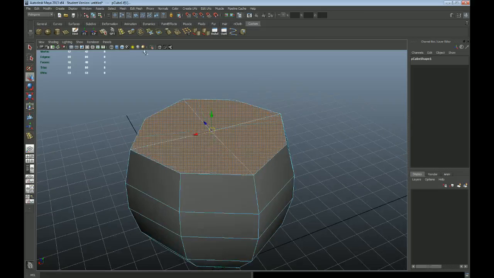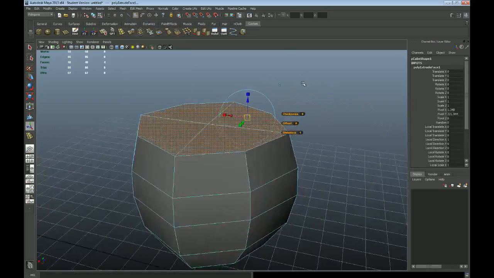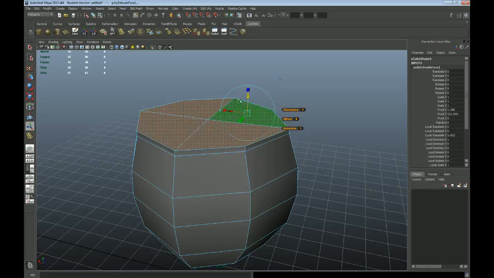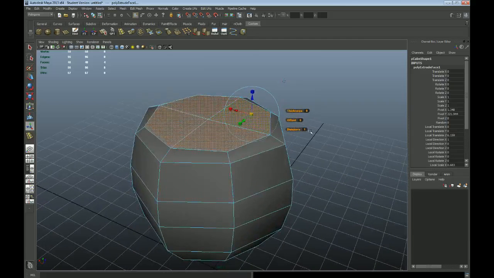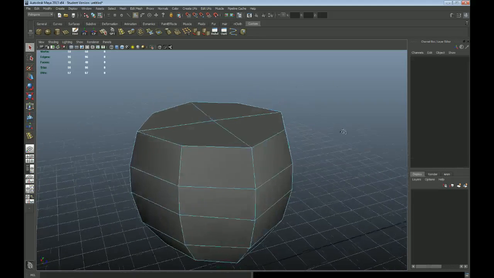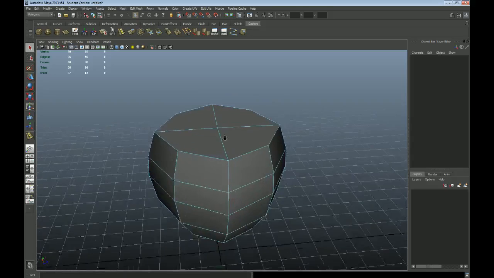And the best way to do that is when we hit extrude, we want to make sure that we always do something with that. Either pull it up with our arrow, or if I hit this scale button, I can then scale it in. But we want to make sure that we're always moving it off of where it is. If you ever find a situation where you feel like you've extruded and you accidentally click off for some reason, which sometimes happens if you're pulled out or you're working on something small,